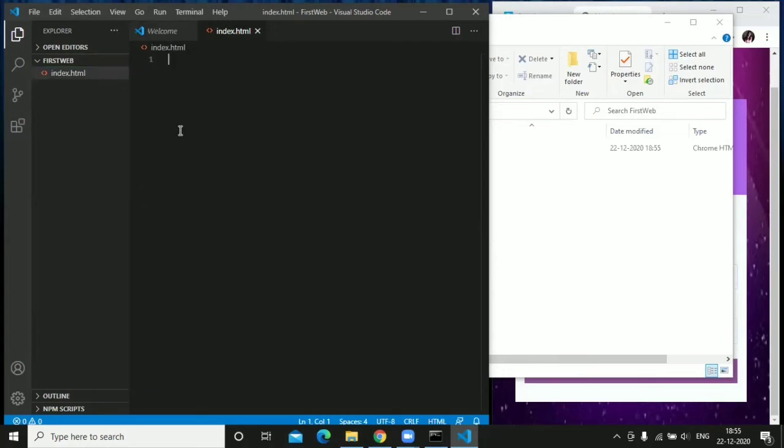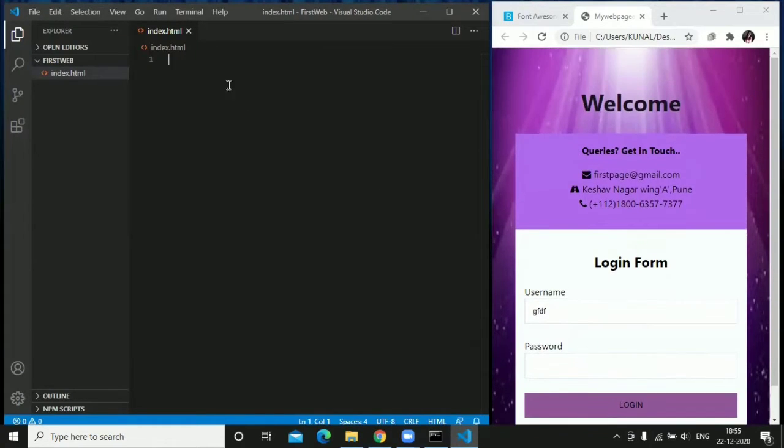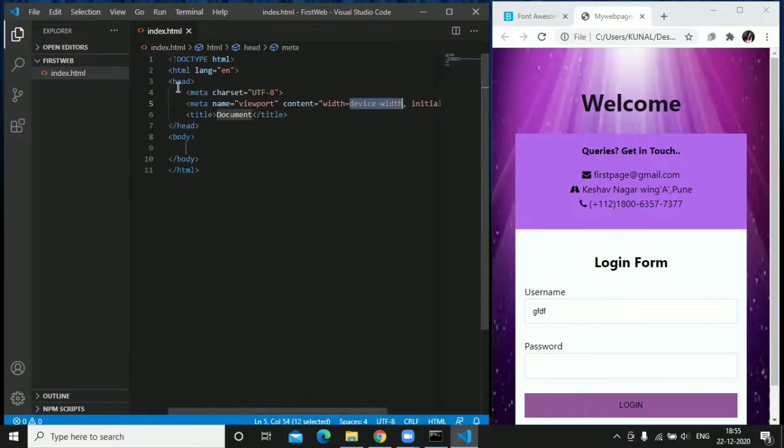Let's close the unnecessary files and adjust the windows. So we have to design a web page, right? For that, just type an exclamation mark here and press enter, which will auto generate code for you.